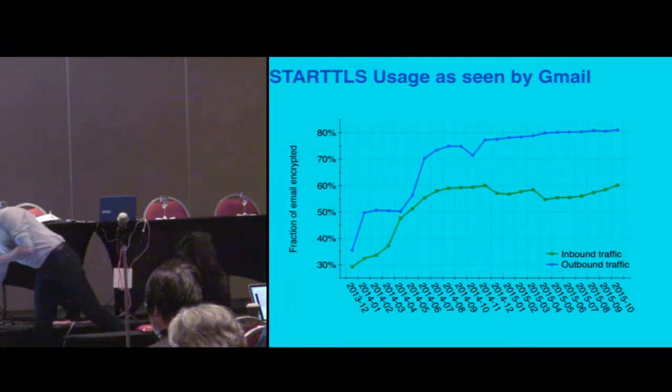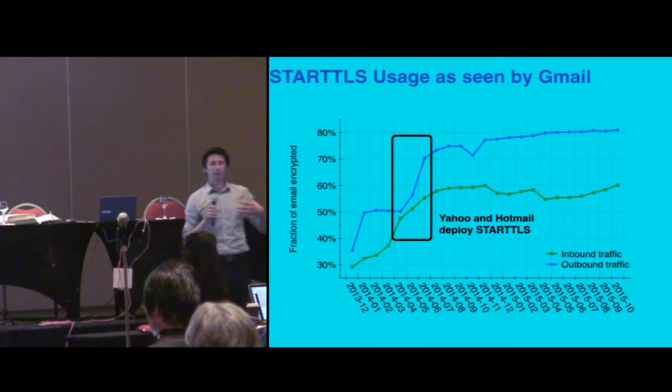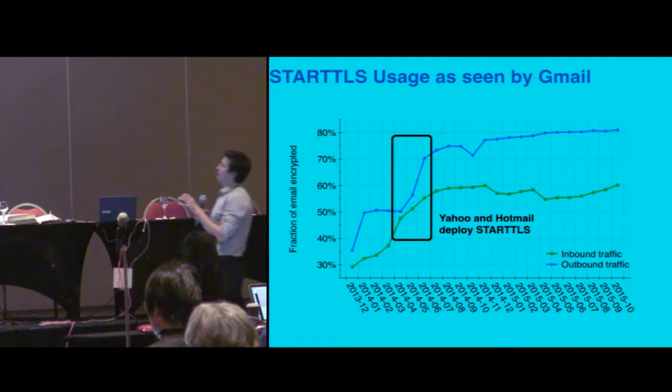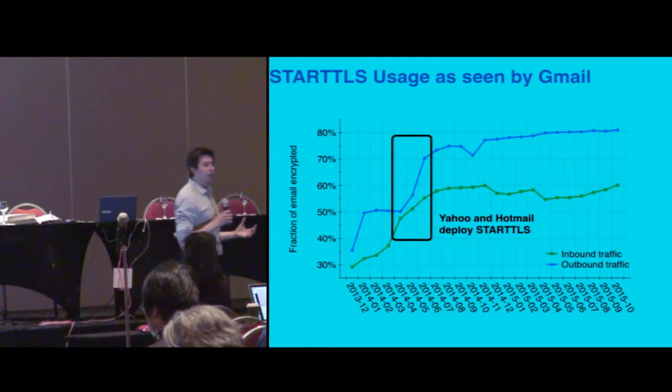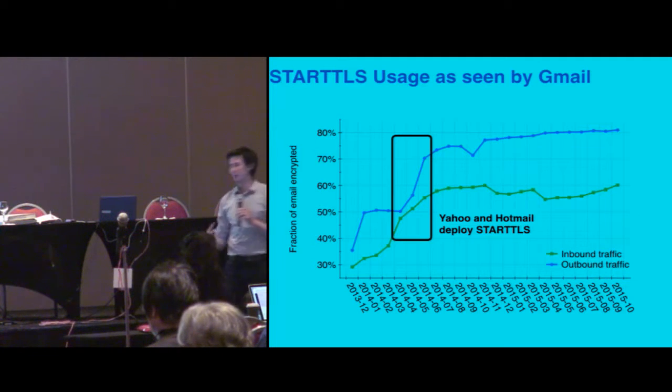And it's even worse when you consider the shape of this curve. What's happening here is there's a couple of very large mail providers, and then there's this very long tail. And so these big jumps happen when large providers decide they're going to support STARTTLS and they deploy it. But if you remove these big hops, the progress is fairly slow between the rest of the tail, the people who aren't in the top 10 providers.